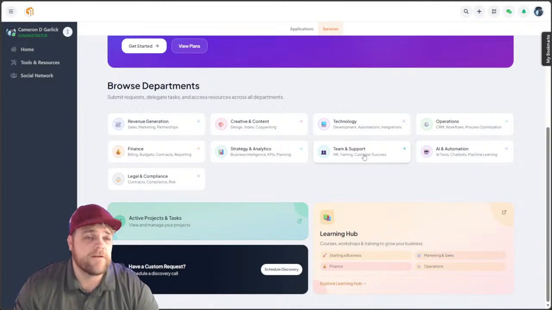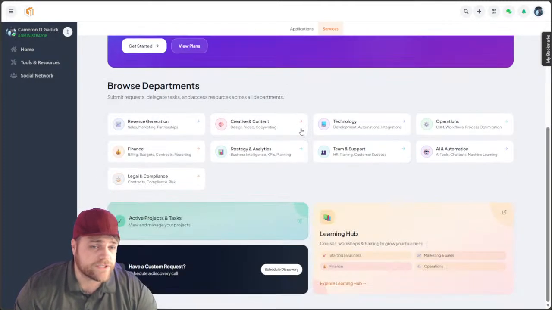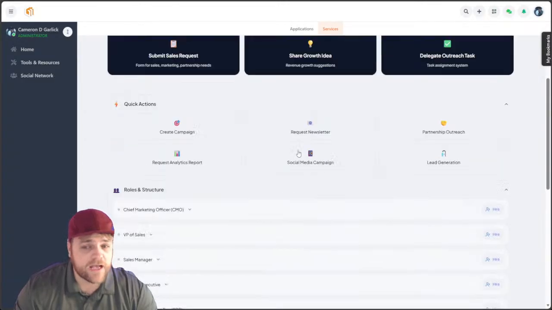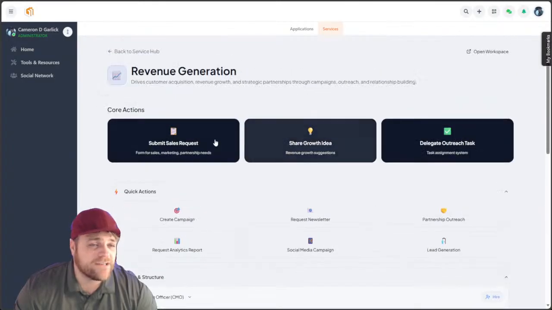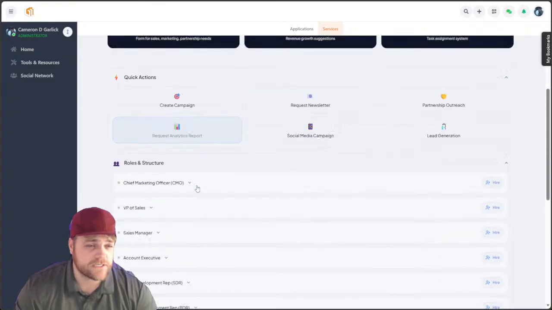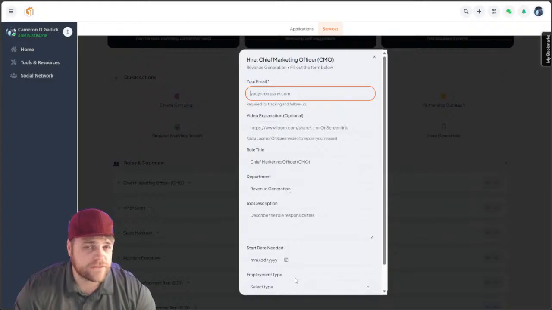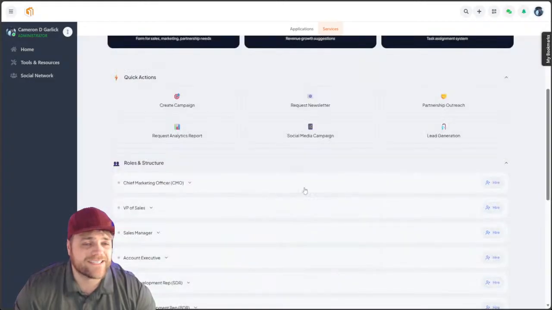So use it, okay? But anyways, so we have our service departments, right? People can click in what they need help with, and they can come in and they can access stuff. We'll be adding our AI department pieces within here. So what this means is, let's say you need a chief marketing officer, okay? You'll be able to, of course, hire a chief marketing officer, and then our new update, you'll be able to assign an AI to it, where we'll build you a custom AI system, a custom AI backend that is now your chief marketing officer that you'll be able to simply go in and access and speak to, okay?